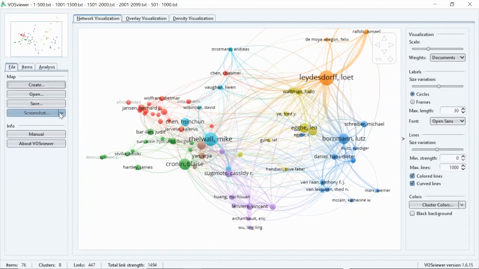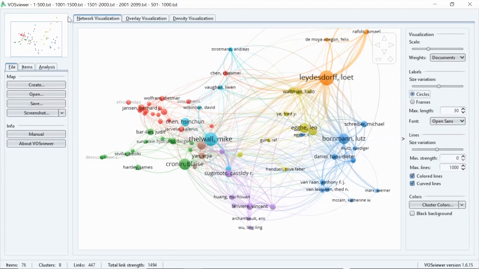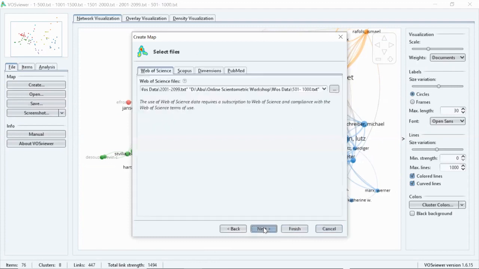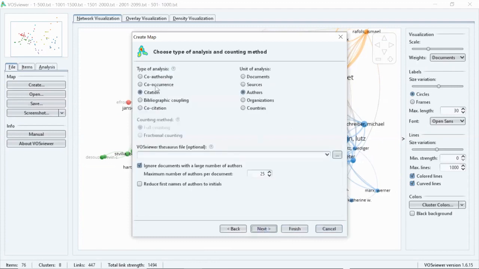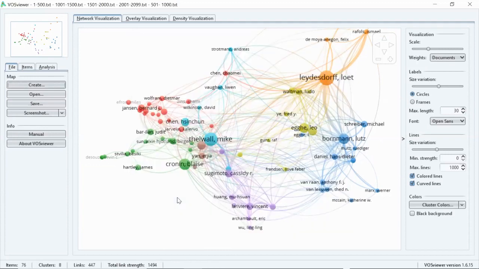Similarly, you can save this screenshot. You can change the map according to your convenience, font size, and other parameters. Similarly, you can create other analyses based on this. So I suggest you try out all these analyses individually and understand the method of clustering. That is the most important aspect here. The analysis here is based on cluster scales only. Understand the scales. For that, I suggest you read the manual thoroughly.